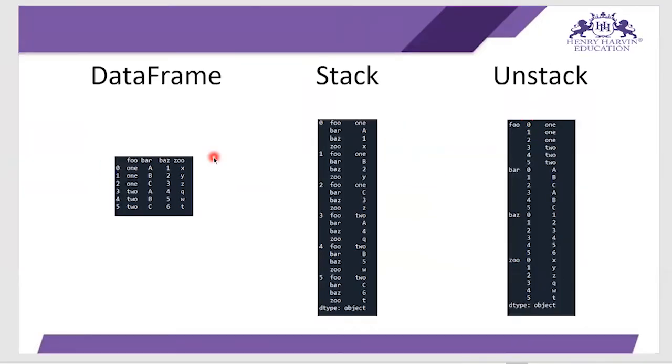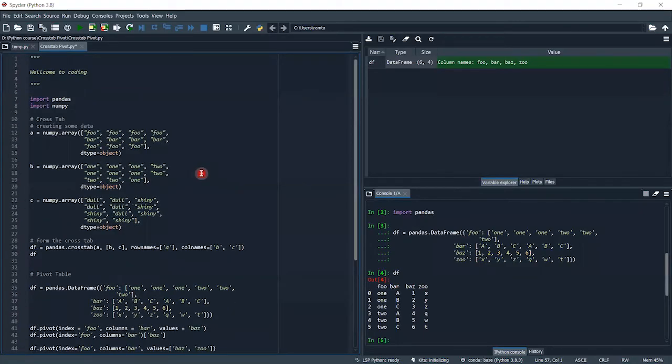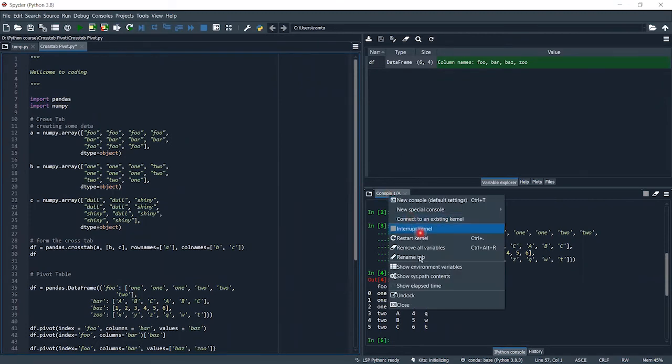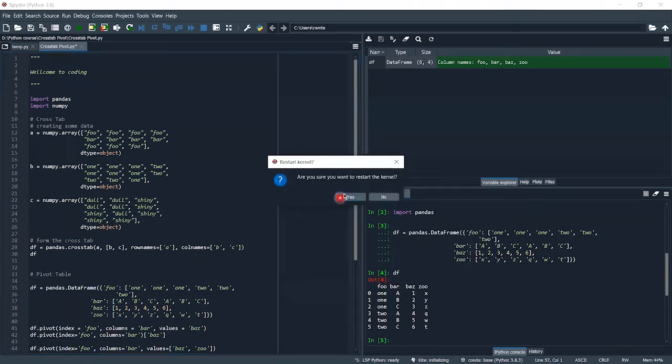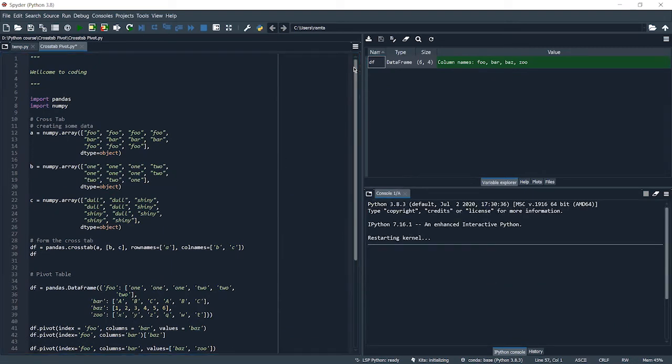Now let's come to the coding section where we perform how you can do this. Let me restart the kernel. So here is our Python file.